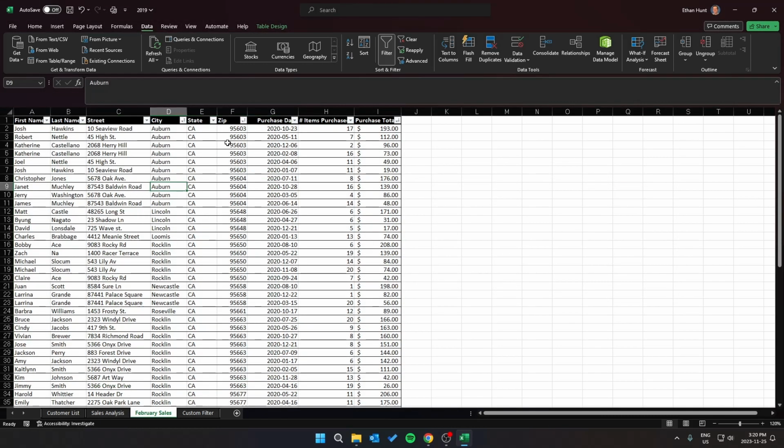And now Excel has automatically sorted the table, alphabetically or numerically in ascending order. It shows the zip codes, then it sorts them by the city, and then it sorts by the purchase total, starting from the largest going down to the smallest. So now that we've sorted the data by zip code, then city, then purchase total, what we want to do is filter this table so that it only shows sales transactions that occurred